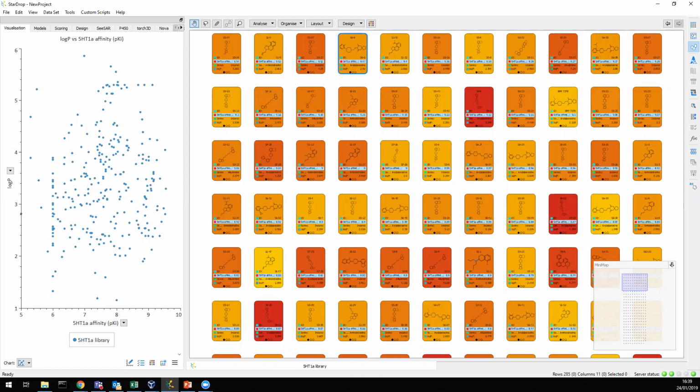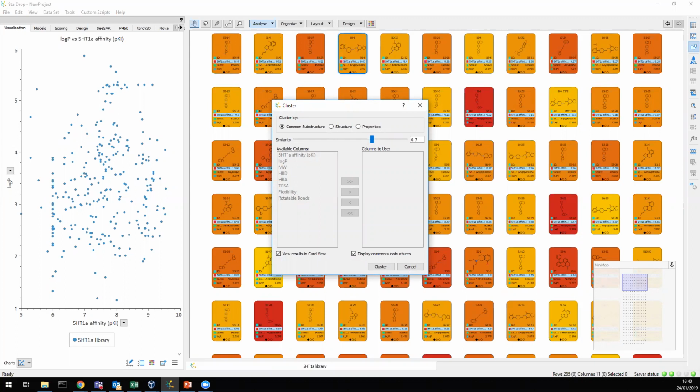Now, of course, I mentioned at the beginning that we've added a flag or a category to our data set telling us about series. But as I mentioned, we can use StarDrop to start grouping series of compounds together automatically, even if you don't have that as part of your data set. So what we're going to do is use a clustering approach while we're looking at card view. So from card view's analyze menu, going to choose clustering,